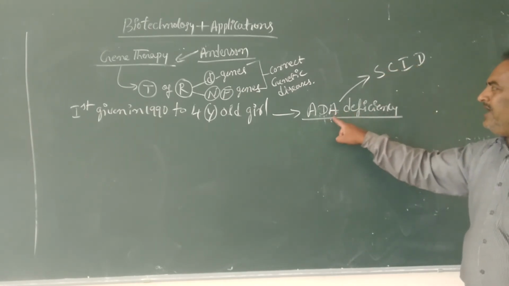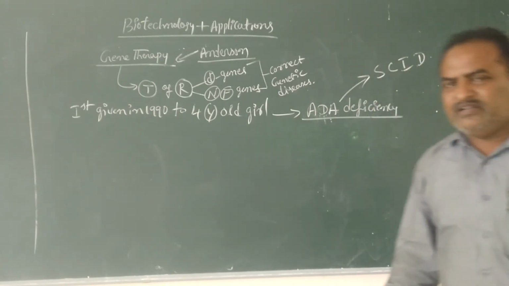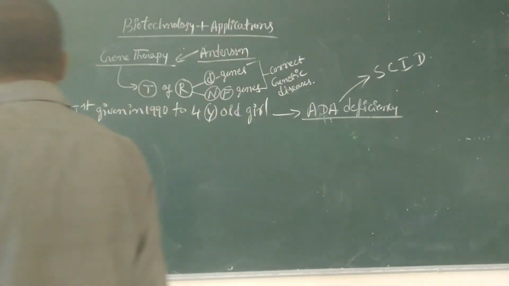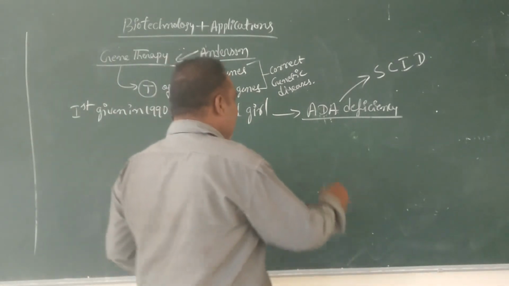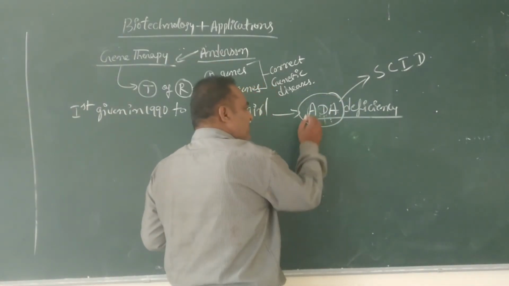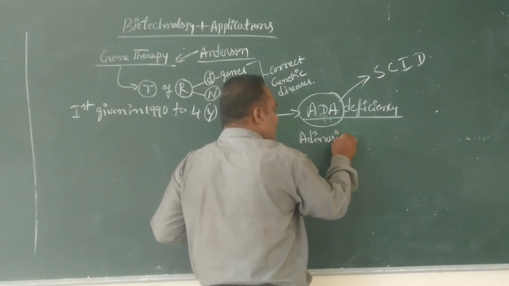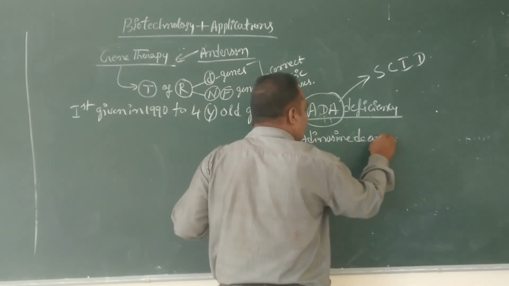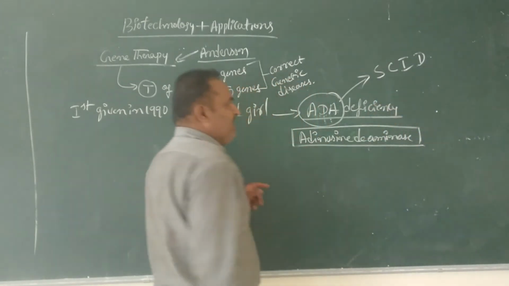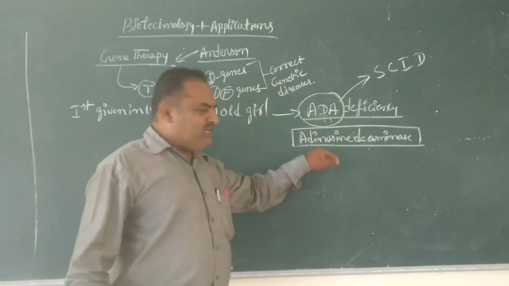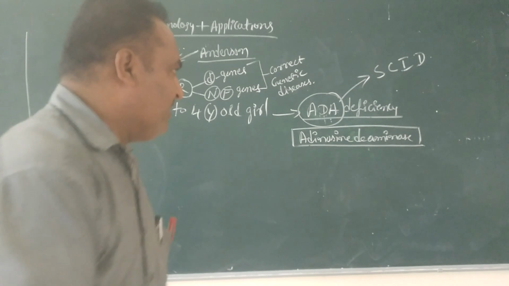ADA deficiency causes one disorder, that is SCID, severe combined immunodeficiency syndrome. ADA means adenosine deaminase. Adenosine deaminase is an enzyme. That enzyme is required for